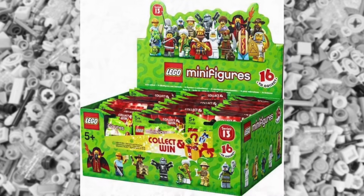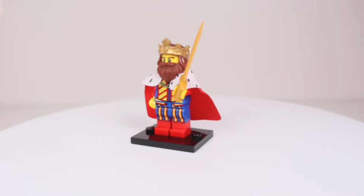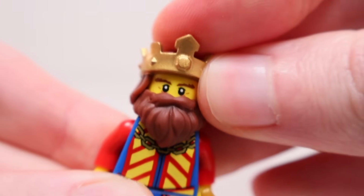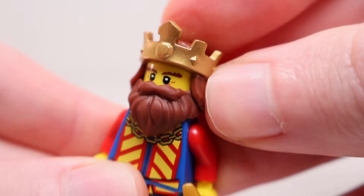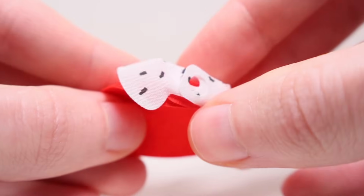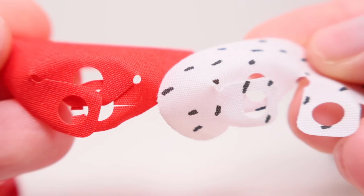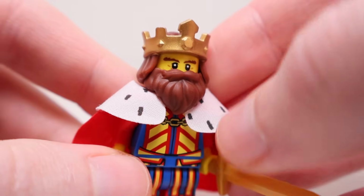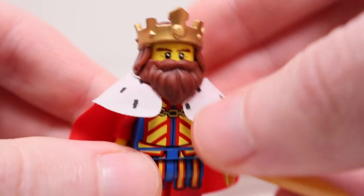In the meantime, let's jump on over to Series 13 with the Classic King, another really well designed minifigure tying in well with LEGO Castle. To bring this one to life, LEGO introduced a new hairpiece with a crown moulded into it which fits nice and snug with his beard, as well as this awesome cape which consisted of 2 different pieces fitting together over the torso to give him that regal finishing touch that really helps this minifigure stand out as one of Series